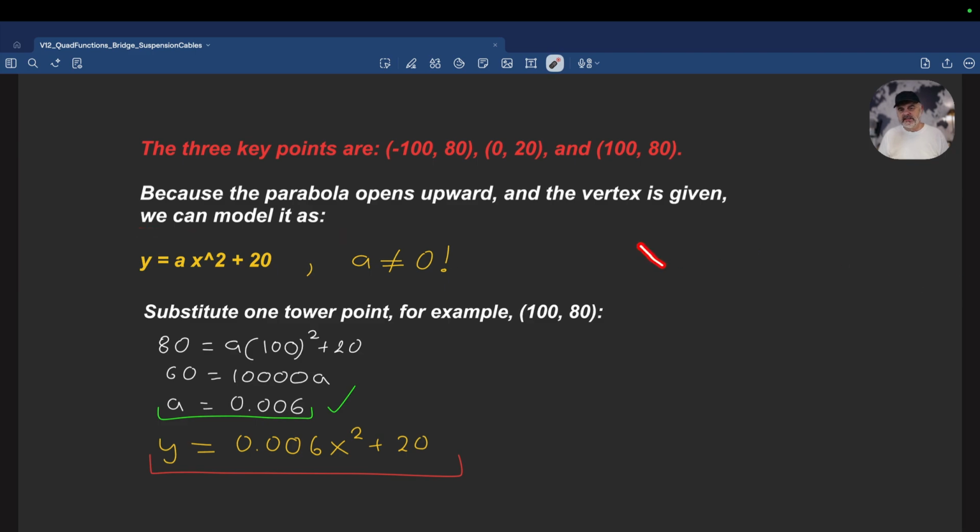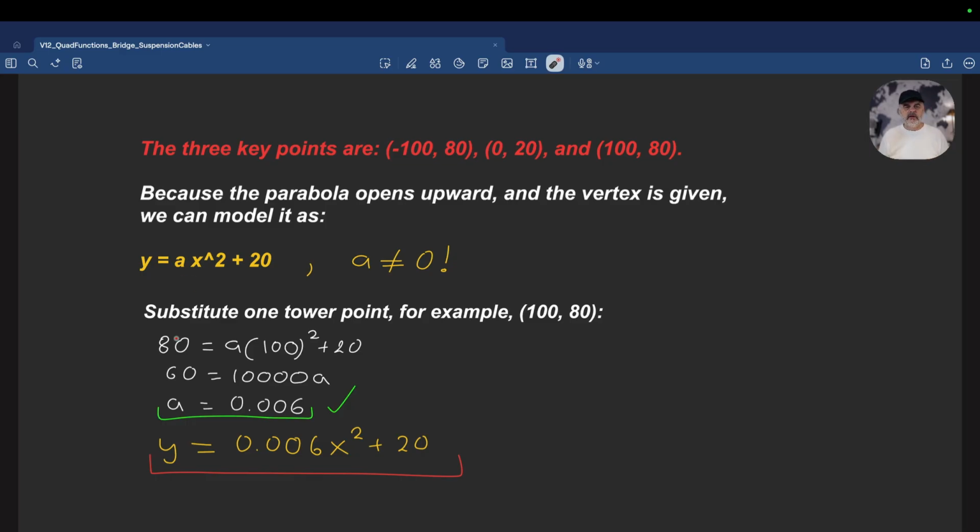The cable sags towards the surface of the river. It hangs from 2 points. So we have this beautiful equation of a parabola to work with. 20 has been established. Also, just a quick reminder, coefficient a can never be equal to 0, so we must be aware of that. Finding the coefficient a is a very important step, and we have to utilize the coordinates of any of the